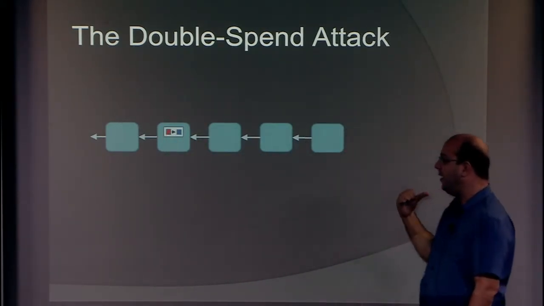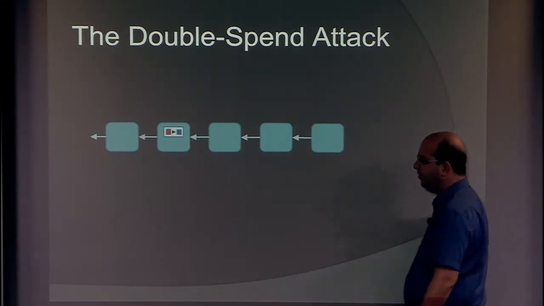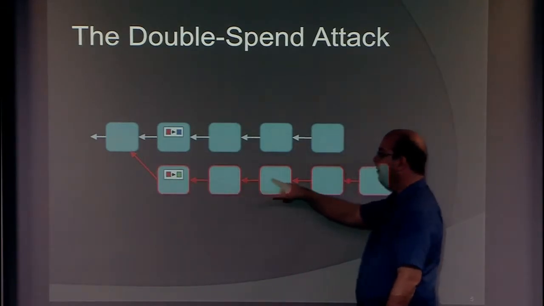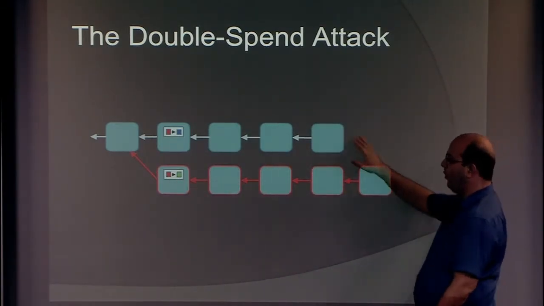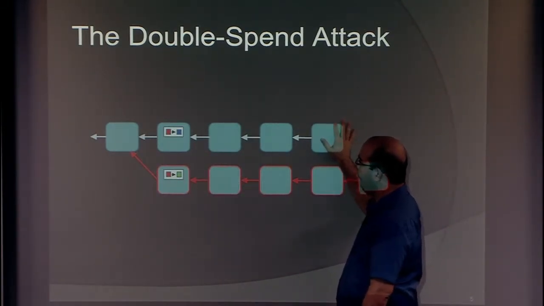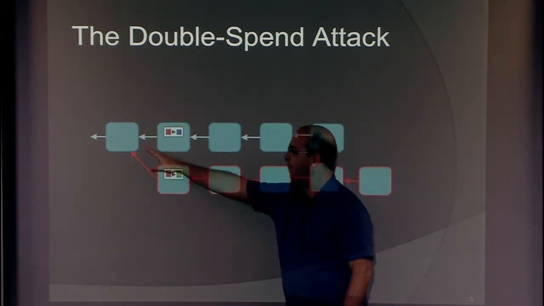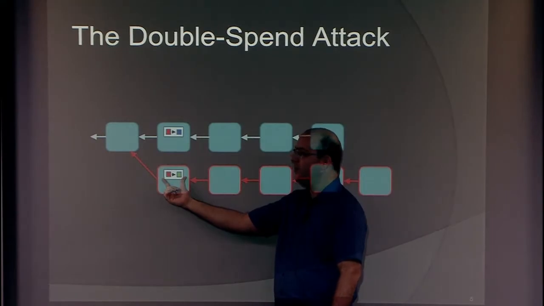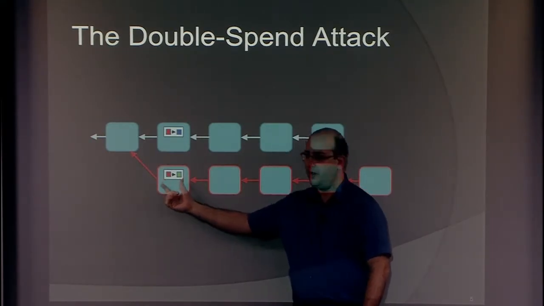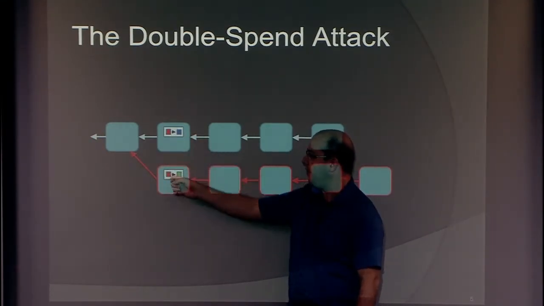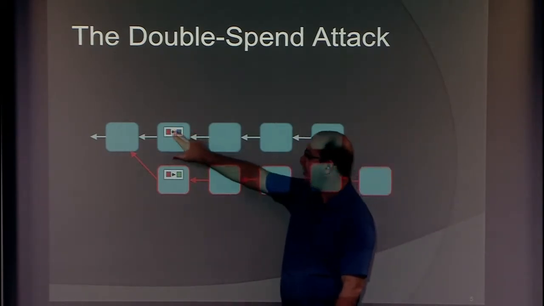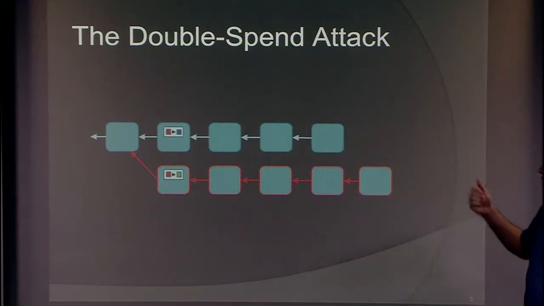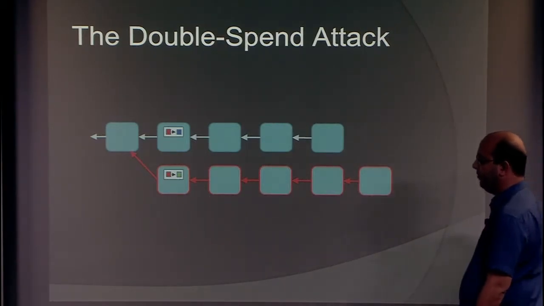So if you remember, the last rule that I just mentioned says that if I show you a longer chain, every node in the network is going to have to abandon this one and adopt my longer chain. And here I can embed a transaction that basically moves the money to a different location. So this is the bad thing that might happen if we change our mind about some transaction happening and we switch the destination to a different place.